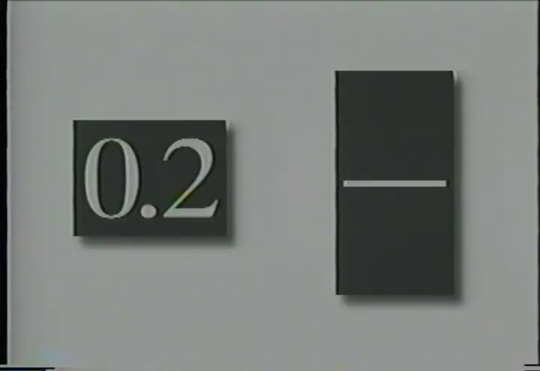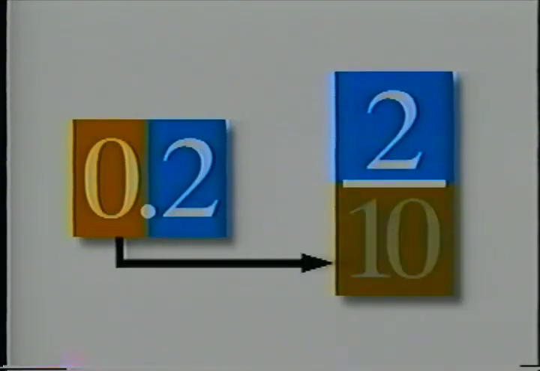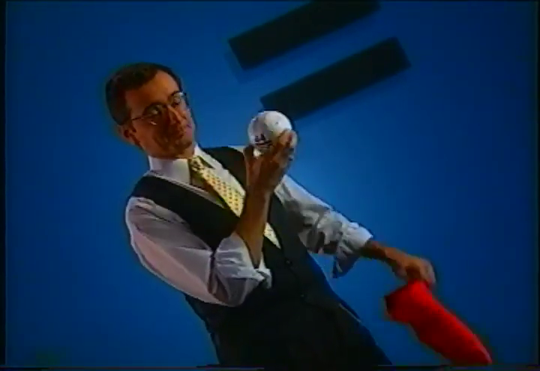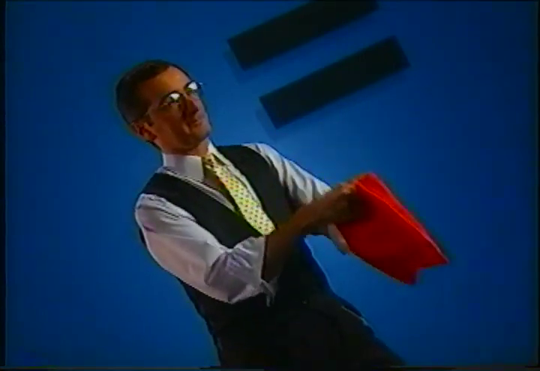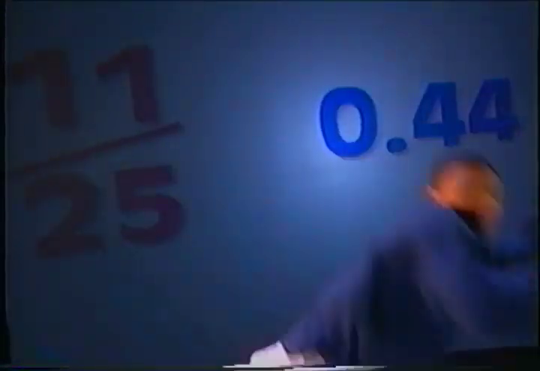To convert from a decimal to a fraction, use the digits to the right of the decimal point as a numerator. The denominator will be a power of 10, a 1 followed by as many zeros as there were spaces to the right of the decimal point. And remember, always reduce if possible. Keep in mind that this procedure works only for terminating decimals, like this one. There are other types of decimals, such as repeating decimals, but more on that later.